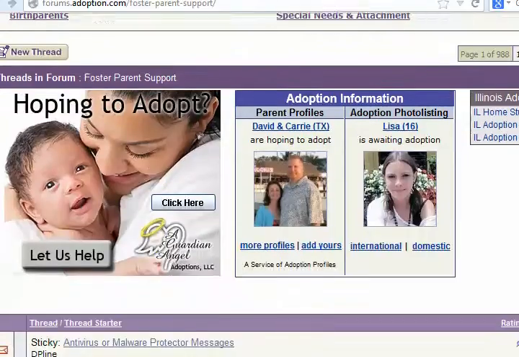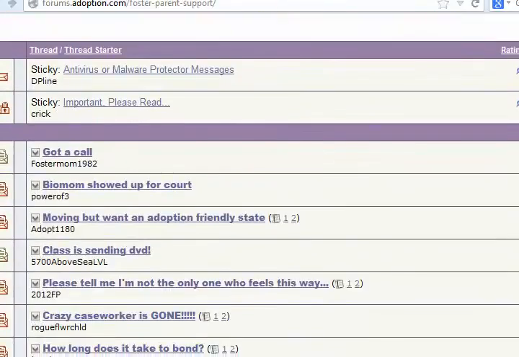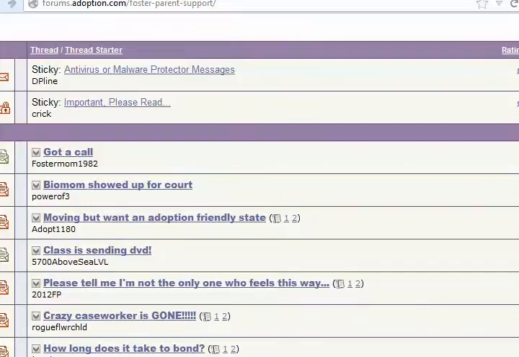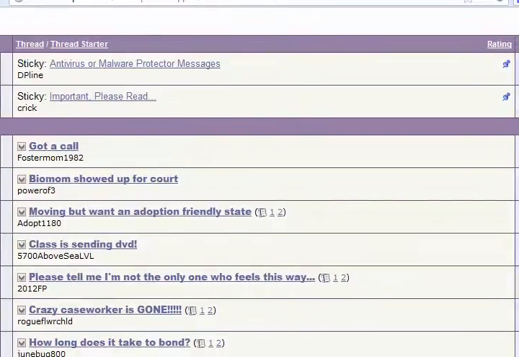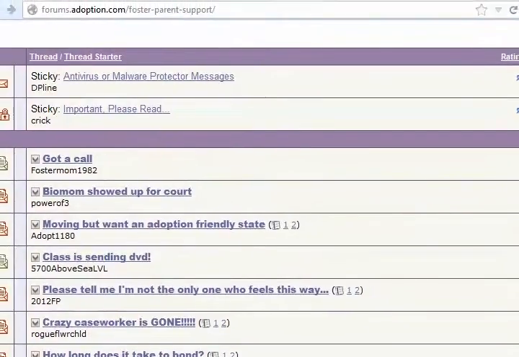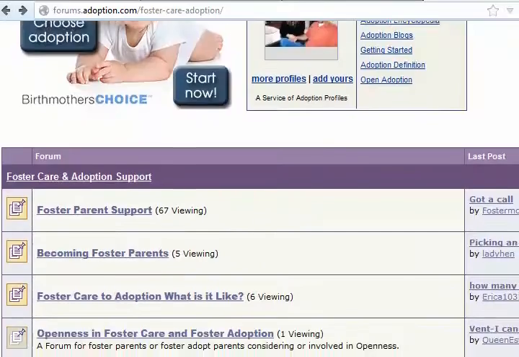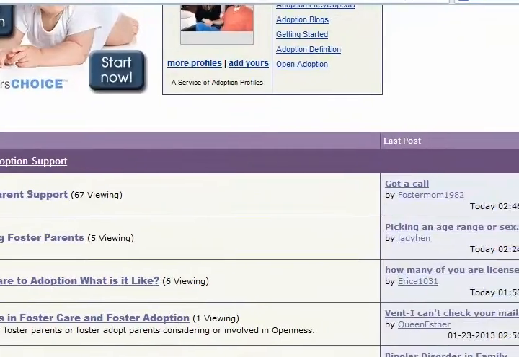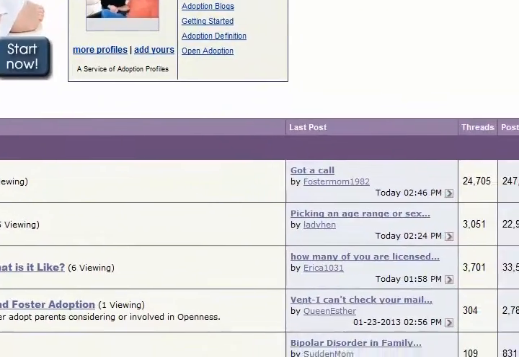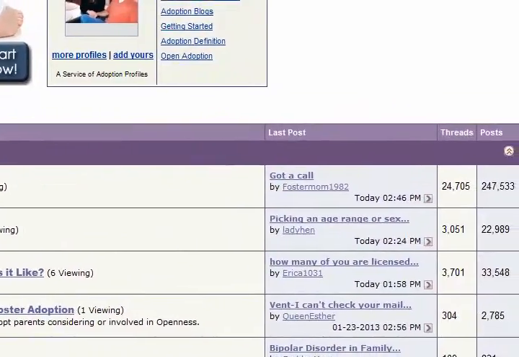I also want to talk about another strategy for identifying viral threads, and that is identifying viral thread posters. Okay, so here I am in this adoption forum, and the trick for this strategy is you need to find a subforum that gets a lot of activity. So I'm actually in the foster parent support. My wife and I are licensed foster parents. So I'm going to go into the foster parent support